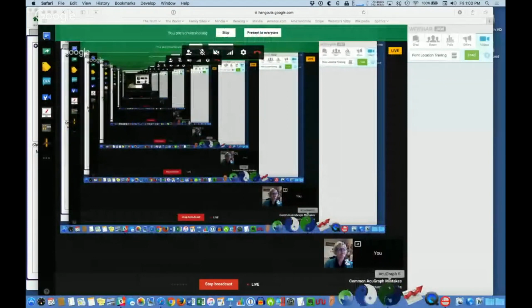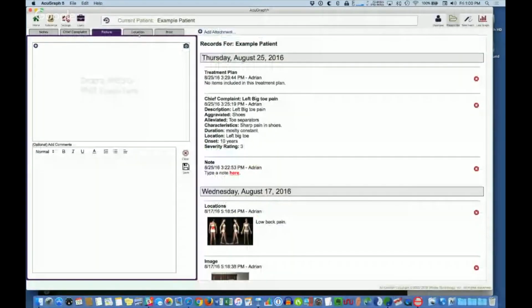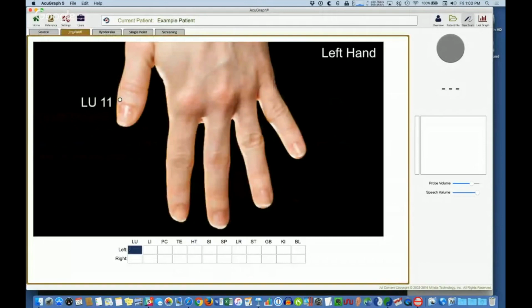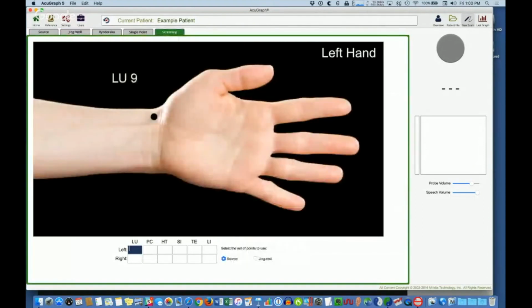All right, so for screening mode, when you do a new exam, you can see here, this is the normal source exam. We have Jingwell. Beginning exam. These should be pretty familiar to us. But if we just go over here on the tabs to screening mode,